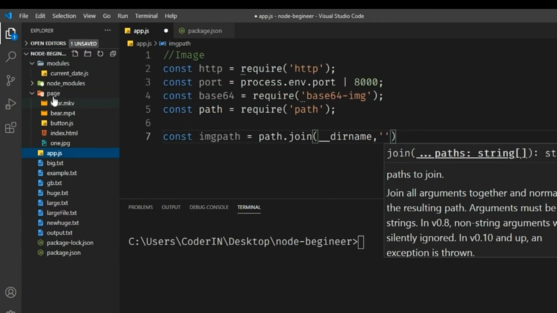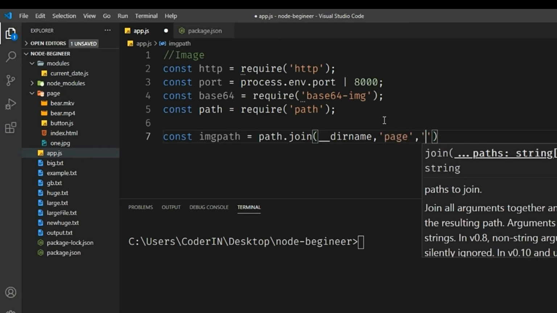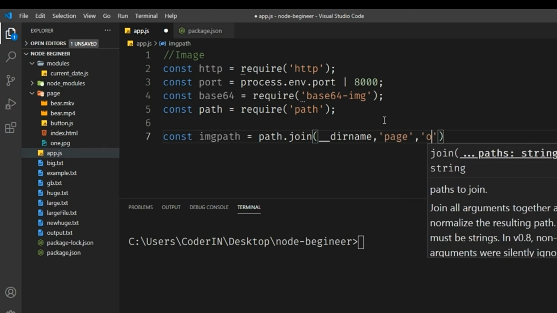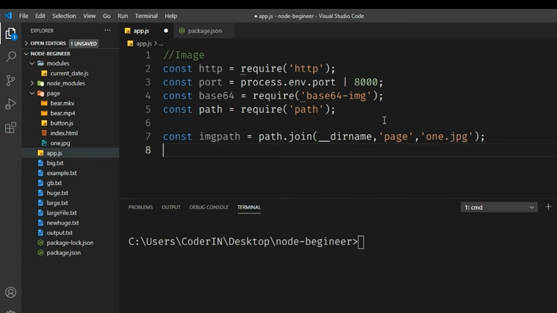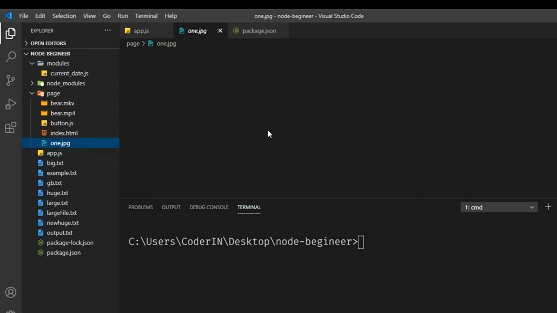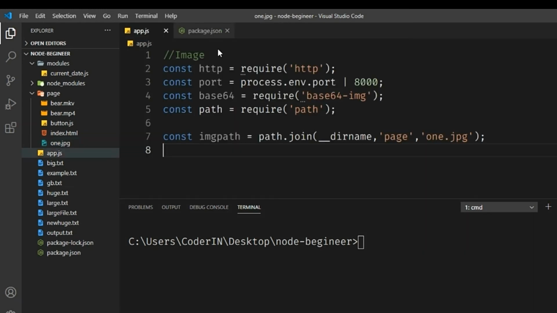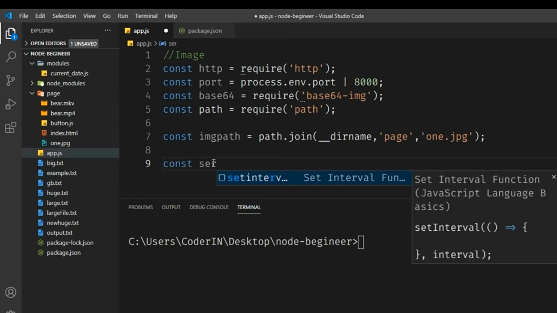The directory name is the root directory. The folder would be page, and inside page we are fetching 1.jpg. All right, now we have to make this entire function. Now we have to use that base64 image part.